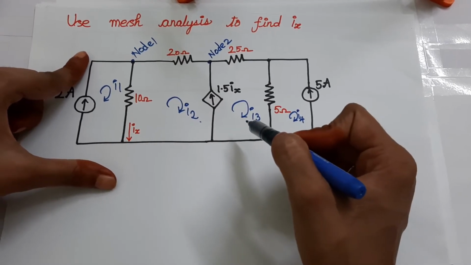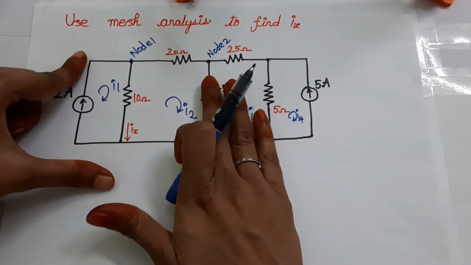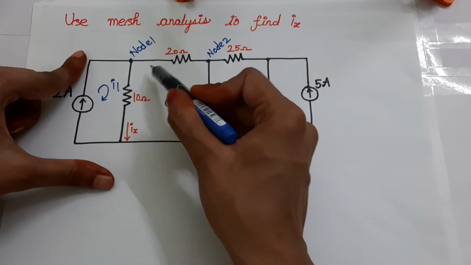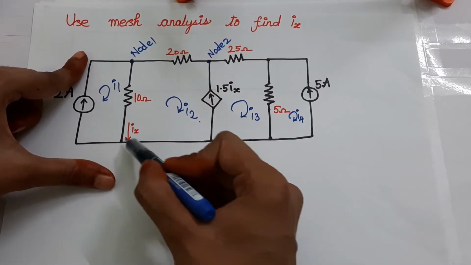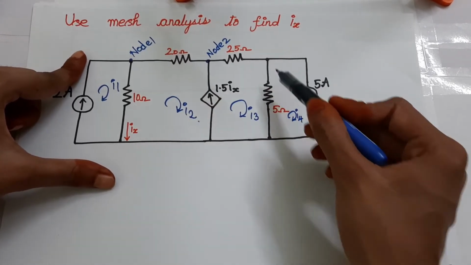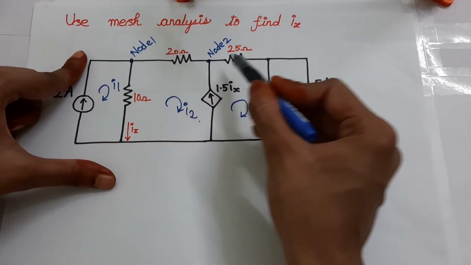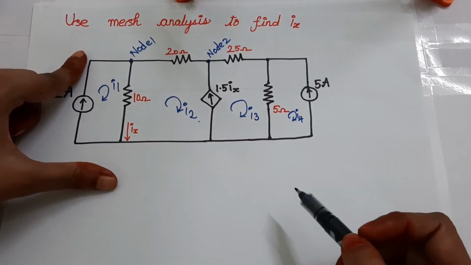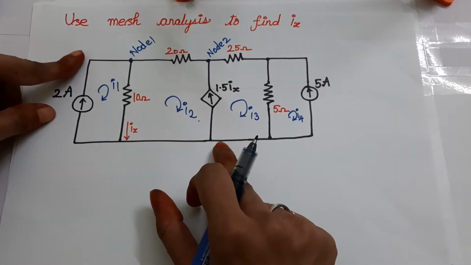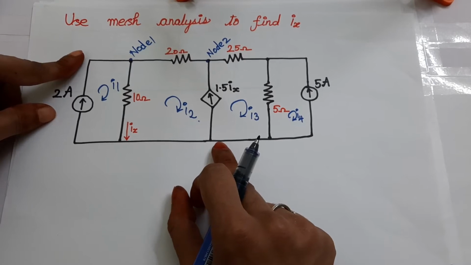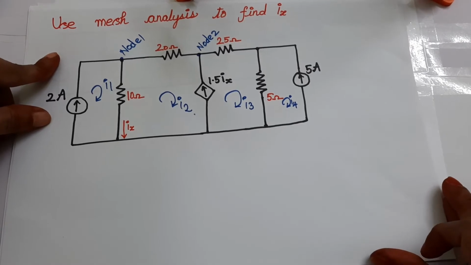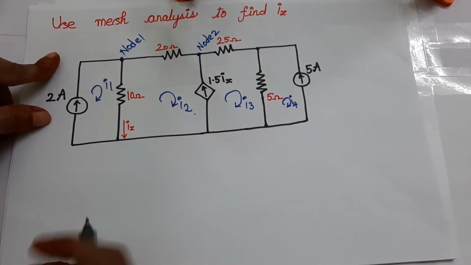When we have a supermesh, we should eliminate the current source that is present in between, so that we can form one super loop which contains two loops altogether. This loop contains the 10, 20, 25 ohm and 5 ohm. All these 4 elements constitute this loop. I am just going to call this the super loop. I have to apply Kirchhoff's voltage law in the super loop just like we did in normal mesh analysis. If I apply Kirchhoff's law, the sum of the voltages of 10, 20, 25 and 5 ohm is 0, right?